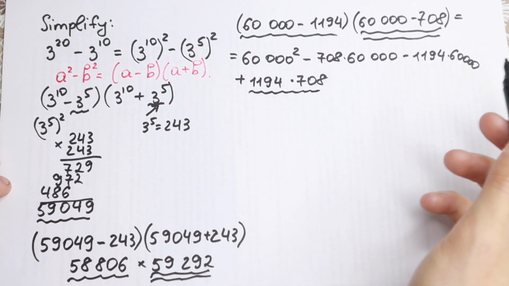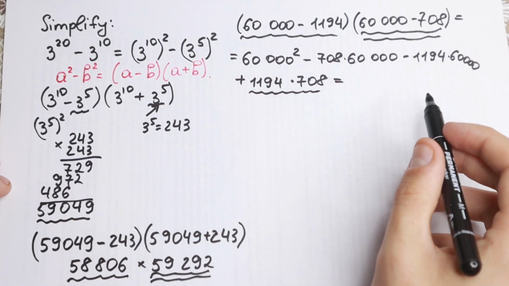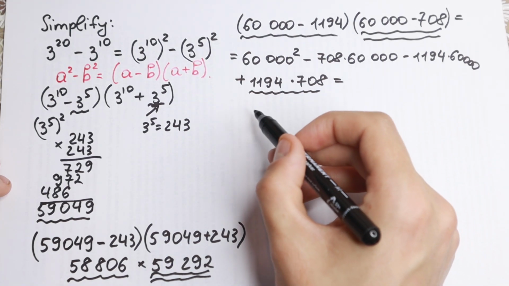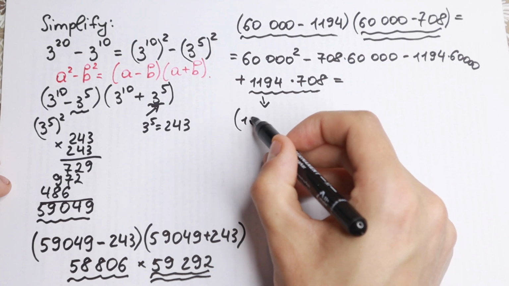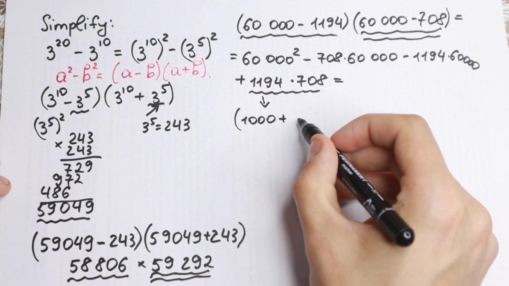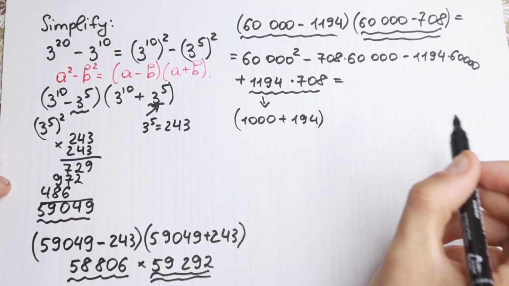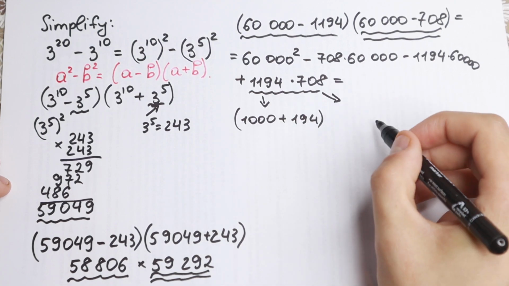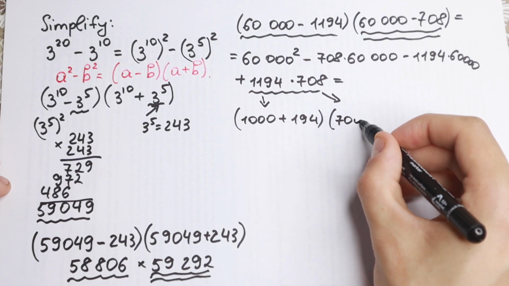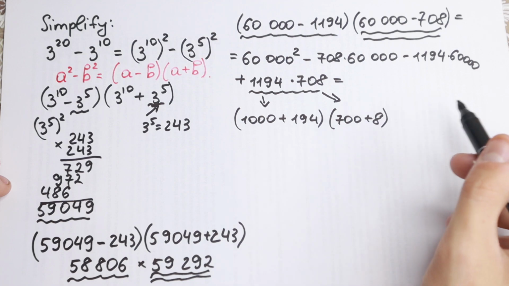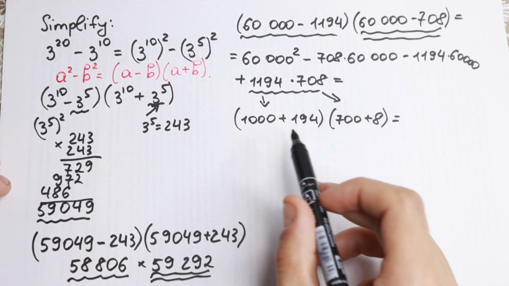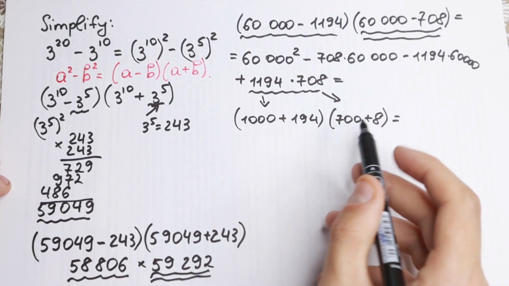Because we don't use any telephone, we need to find some tricks right here. But how can we do this? Take a look. We can write this 1194 as 1000 plus 194. And right here we can easily write this one as 700 plus 8. So as parentheses. And right now it's easier for us to multiply parentheses by parentheses,